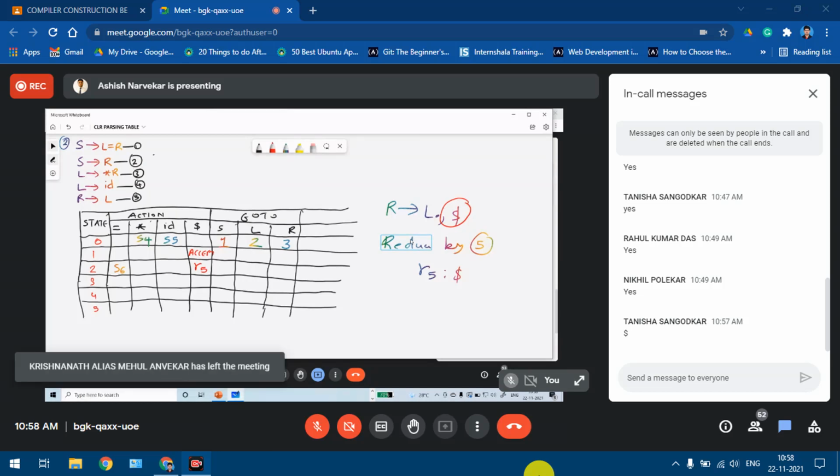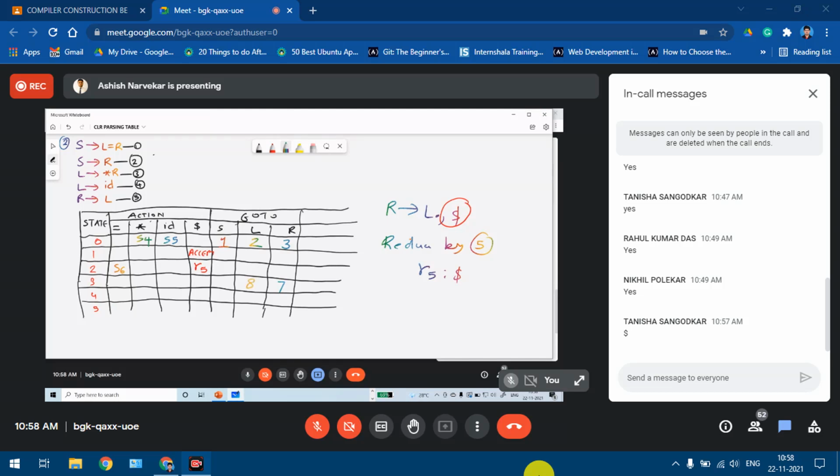On capital R, there is a transition to 7, so we write 7 under capital R. Then under L, we can see that there is a transition from 4 to 8. So we'll write 8 under the column L.